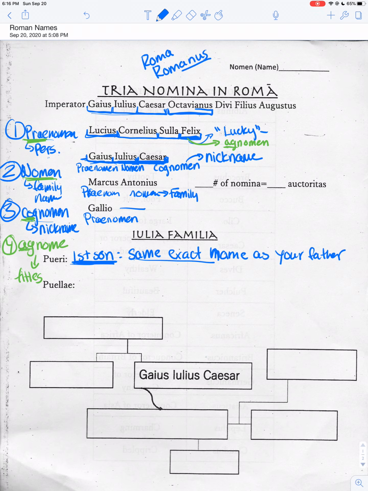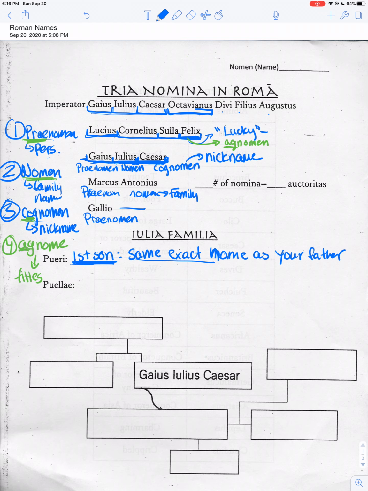So adding ANUS made it an adjective. So he's still Octavius. He's going back to his roots with this. And then Divi Filius. So we know Filius, because we have that word, is son. And then Divi comes from Deus, Dei. And that means, what? God. So, Divi Filius, son of God, Augustus. And Augustus is